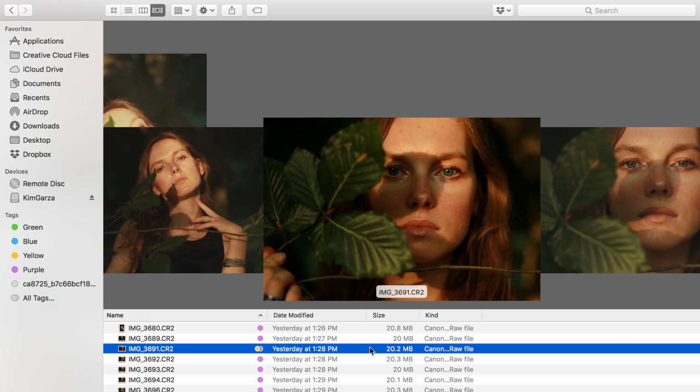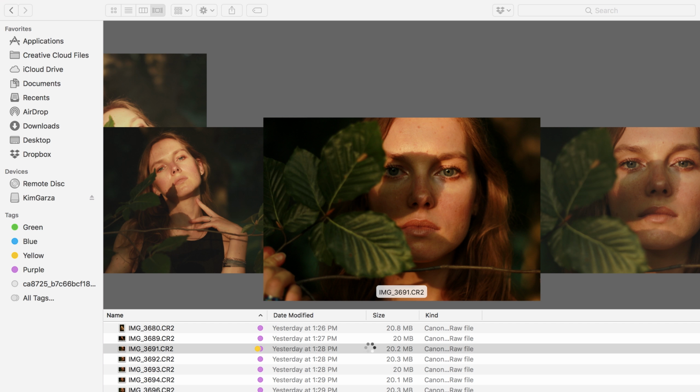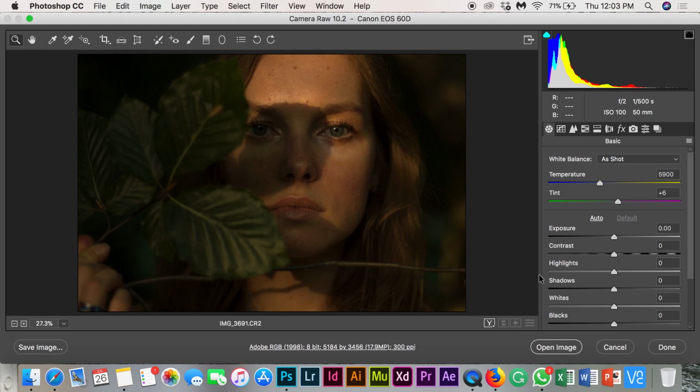Okay, first of all, just a reminder, remember that it's better if you shoot in RAW because all these edits that I'm going to show you, I am going to edit in RAW. So it's really important to do that because the quality of the picture and all the edits will remain good. If you shoot in JPEG, you can still do this edit, but maybe the quality of your picture won't be that good. So let's open the picture and we can do exactly the edit that we want in here,